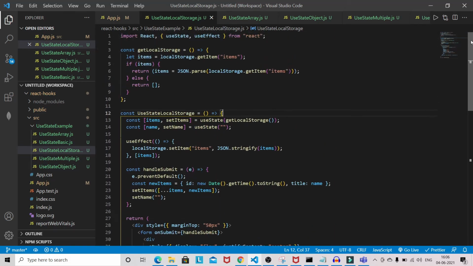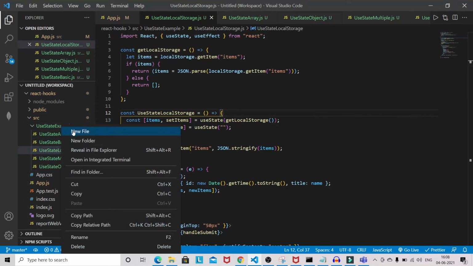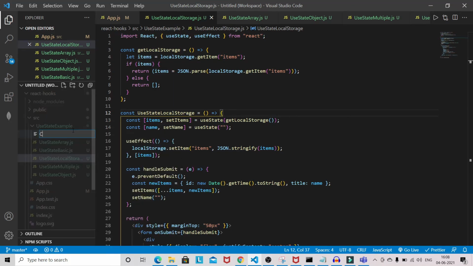Okay, and now we will move on to build a counter application. Now let's build our last application, that is a counter application.